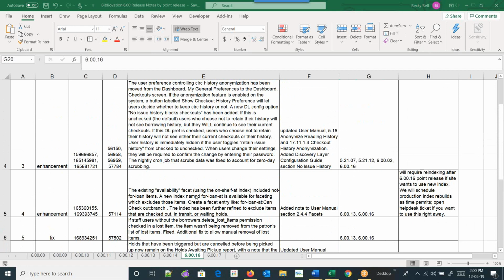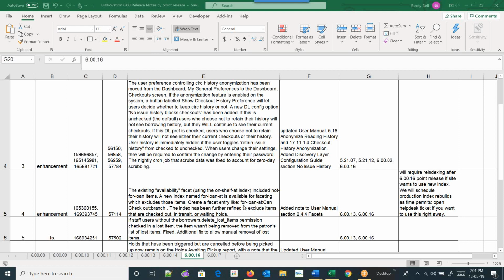So the availability facet that is in the facets, which right now uses the on-shelf at index, includes not for loan items. So there was a new index that was created called For Loan At, so that you can use either of those indexes for faceting.